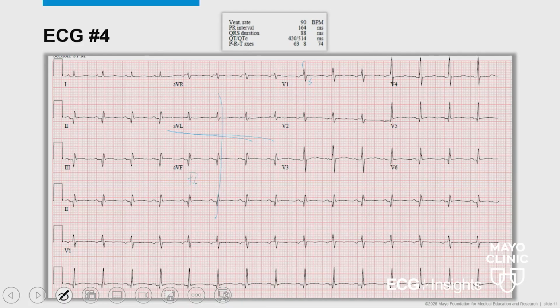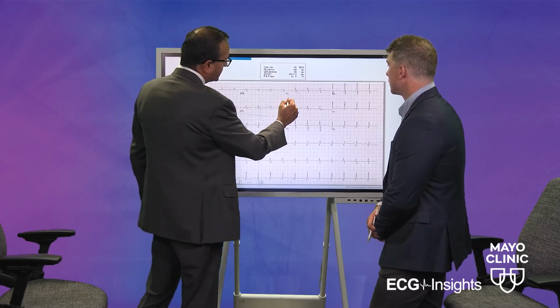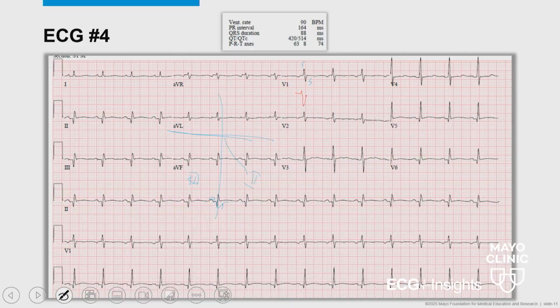If you can, think about how the ECG leads are placed. We have leads 2, 3, and AVF present here, and the key thing is to find out where V1 is. V1 is in the right fourth intercostal space, so it's quite anterior. Any activation going towards V1 will make a positive wave. Any activation going away from V1 will make a negative wave. Normally in an ECG, you have a small R wave and a deep S wave in V1 because all the activation is going away from V1.